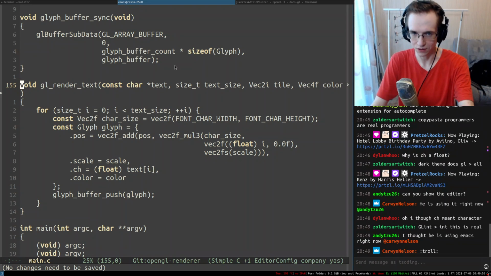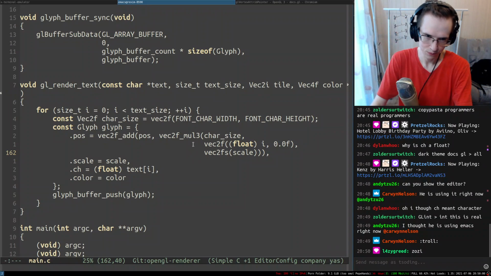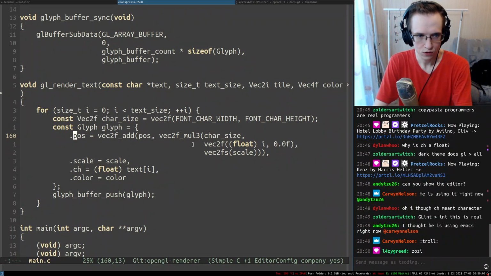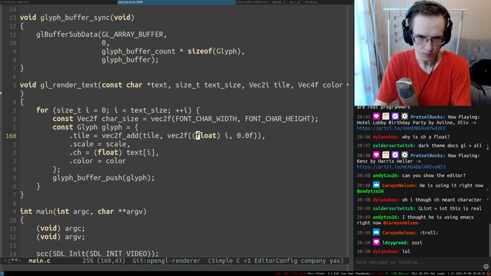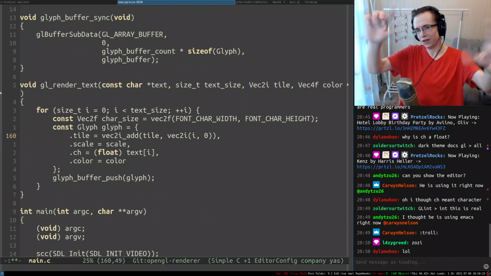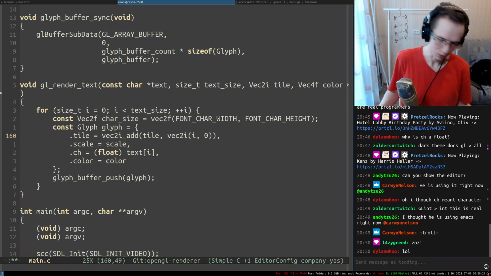So we accept the text size, the tile where everything starts, and the color. So here is the tile, and essentially we're just adding this thing. Vec I is just going to be I, and this one is just going to be 0. So the entire thing here actually becomes more simple.